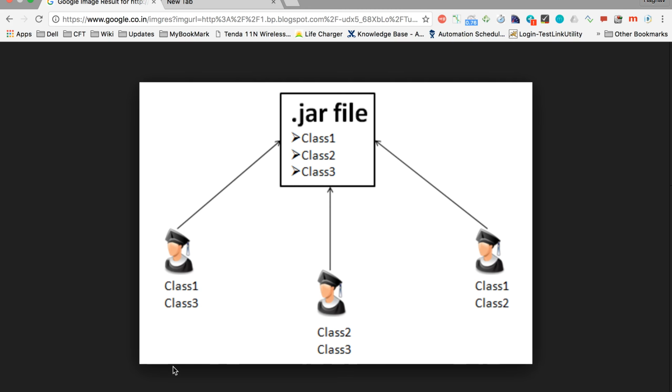And when we create a jar file, all these class files or the bytecode is compressed and a jar file is created with all these class files, and this jar file can be used by external programs, and it can also be used to distribute our source code or our application to different people.